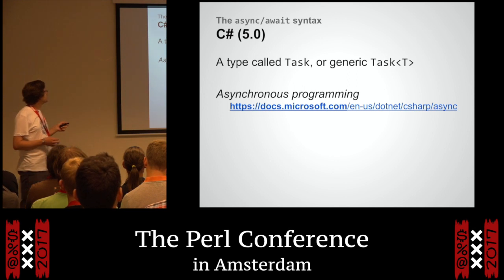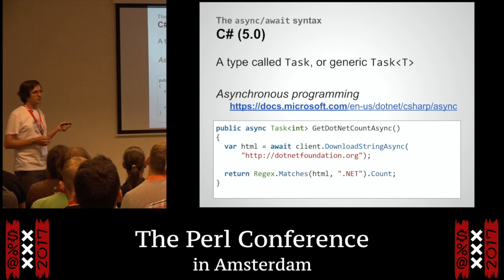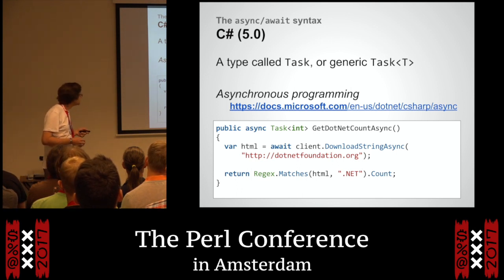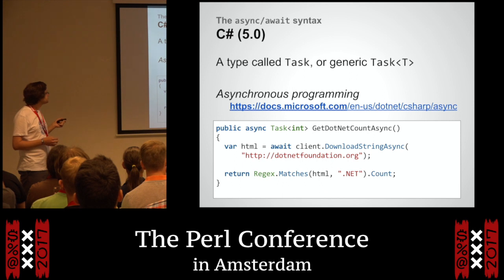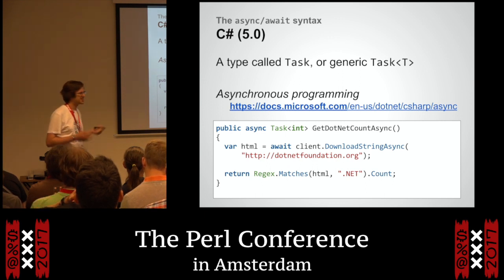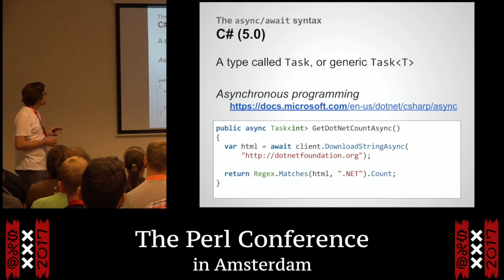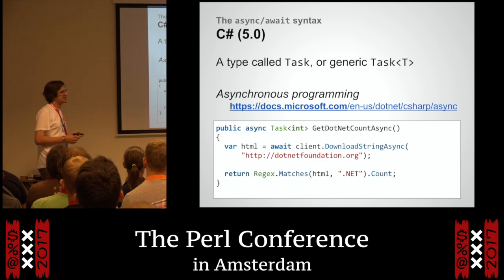So here is an example from docs.microsoft.com, and I kind of trimmed the example, deleted a bunch of comments and so on, but this is basically their code. So here we have a function that calls an HTTP. Everyone uses HTTP as future examples because it just kind of makes sense. So they download this random page with this HTTP client. They get the result back. They call a regex on it, and they count the number of times .NET appears in it. So it's not exactly the same as our example, but it's kind of similar.